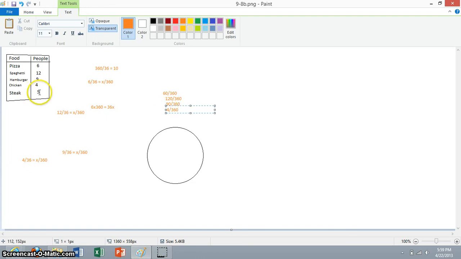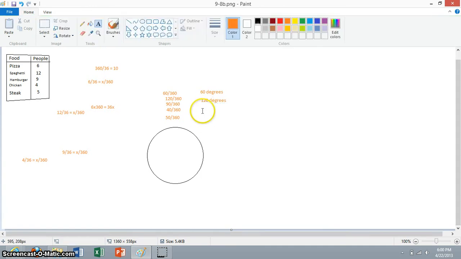Now for this one, which is basically, again, 5 times 10. Oh wait, whoops, I made a mistake over here. It's 40 out of 360. Now with this one, 5 times 10, which is 50, so that's 50 out of 360. We finished step 2 because now we have, oh wait, one last thing though. Now that we have this, we can change them all to degree values. So 60, 120, 90, 40, and 50, that's basically 60 degrees, 120 degrees, 90 degrees,